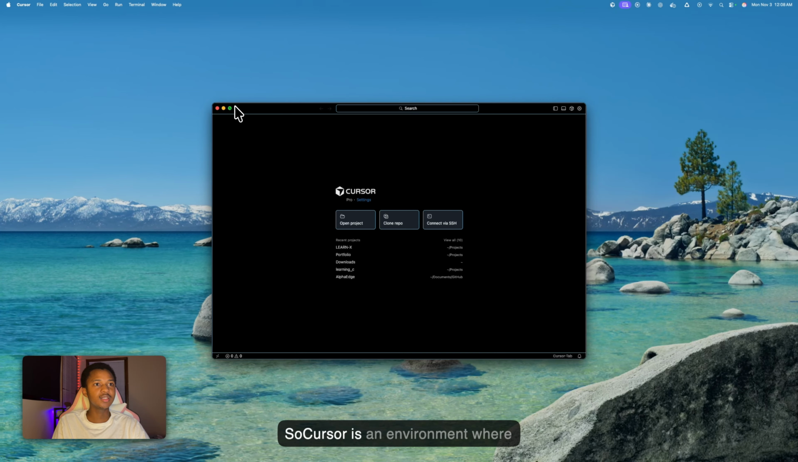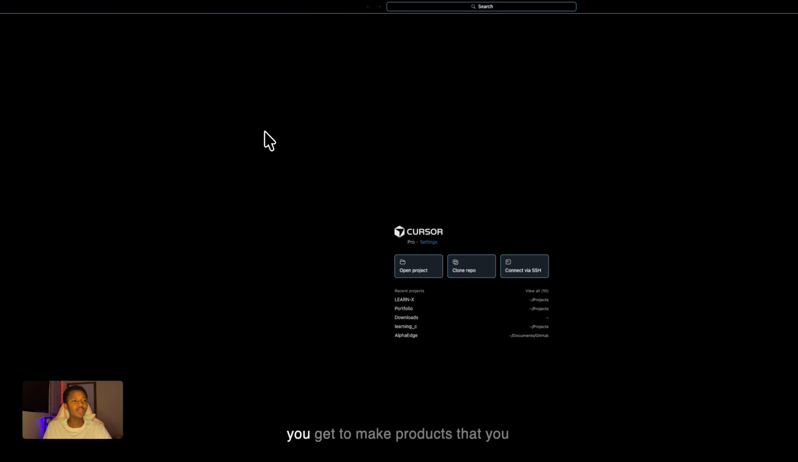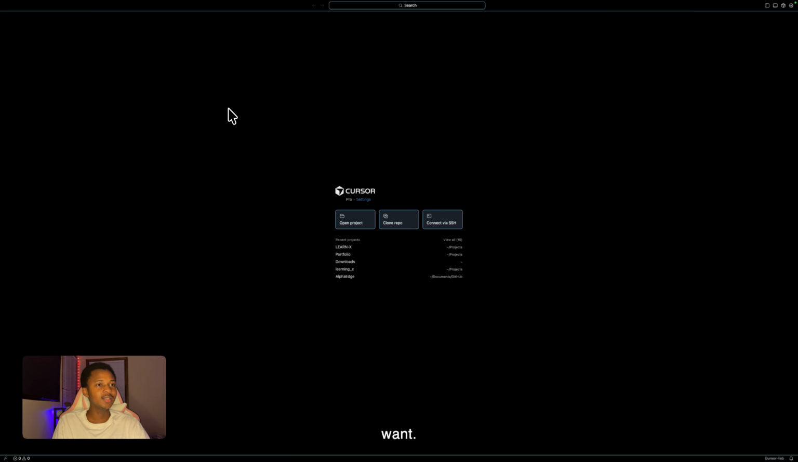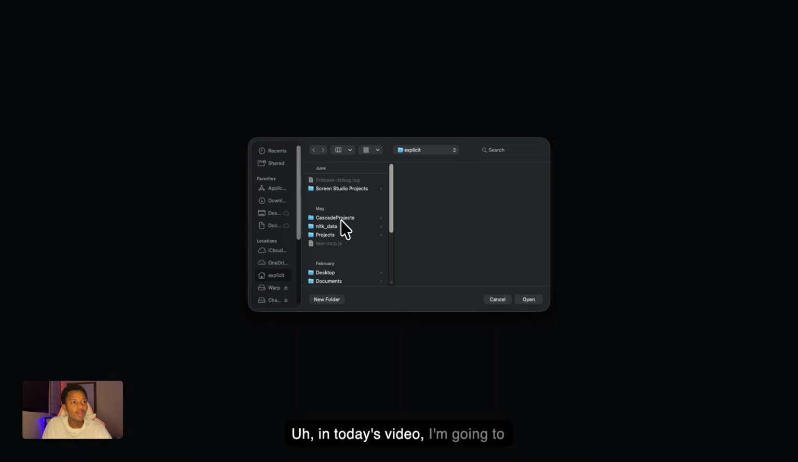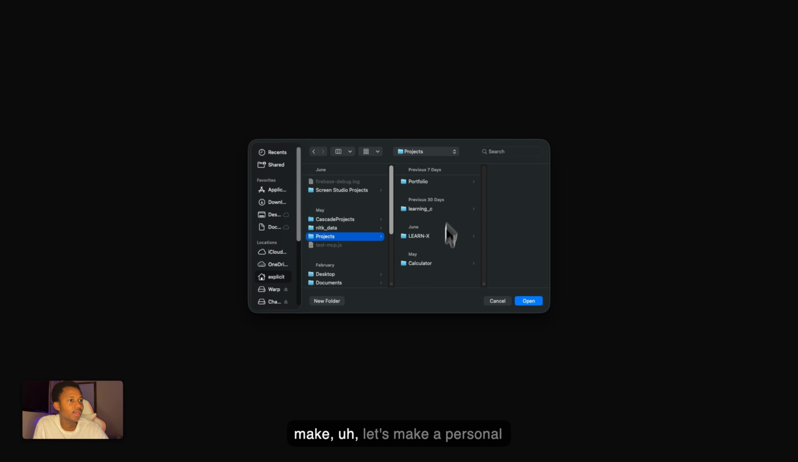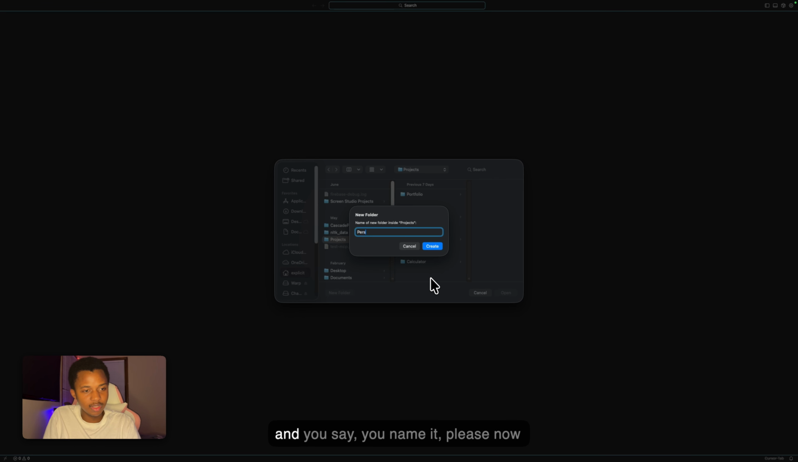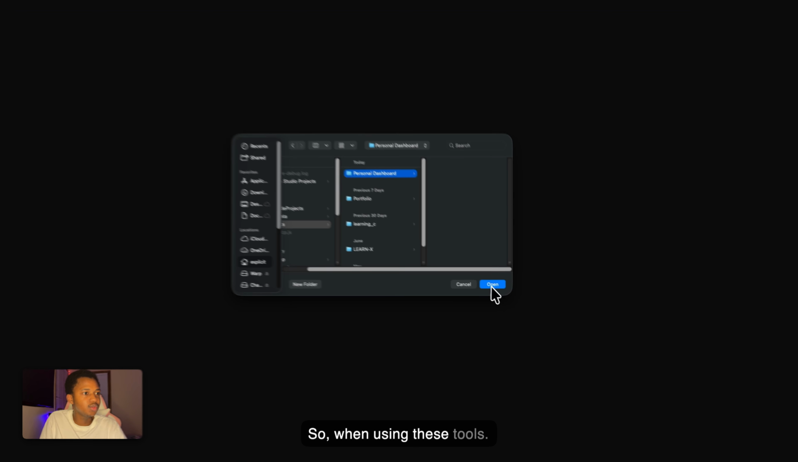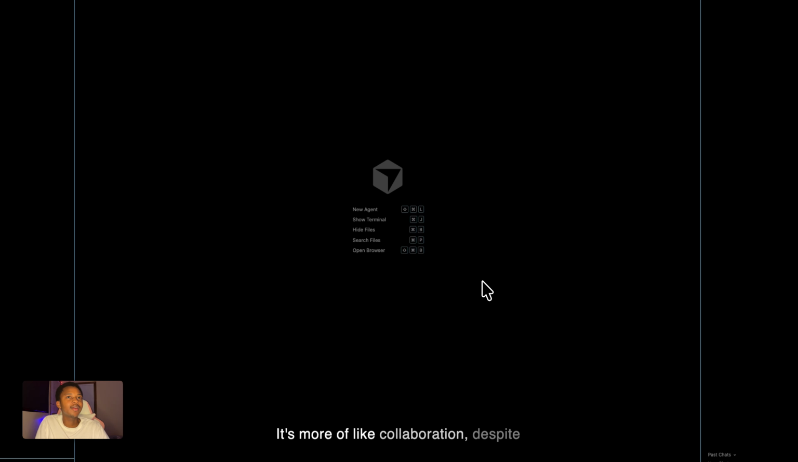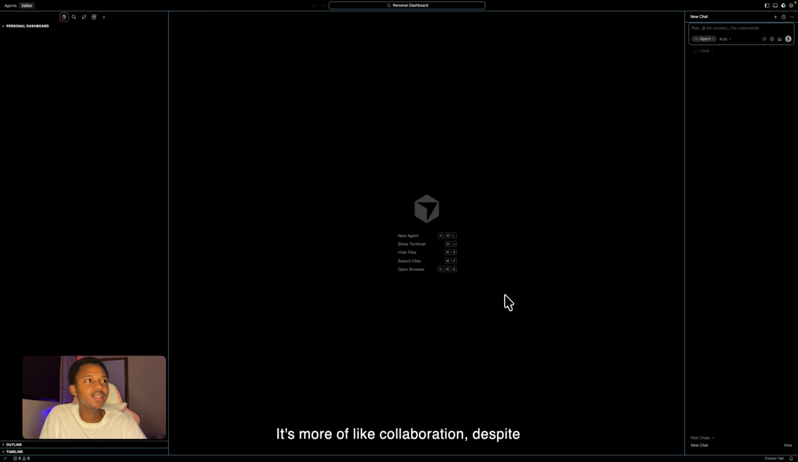So Cursor is an environment where you get to make products that you want. In today's video, let's make a personal dashboard. So when you open your project, you name it personal dashboard. When using these tools, it's more of a collaboration. Despite that you don't know how to code or anything about developing a platform, you have to understand what you